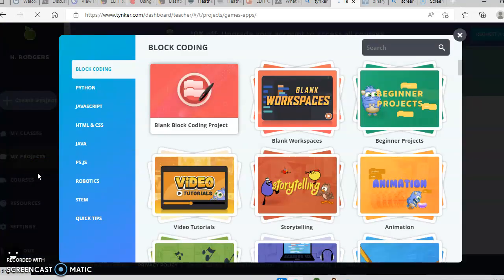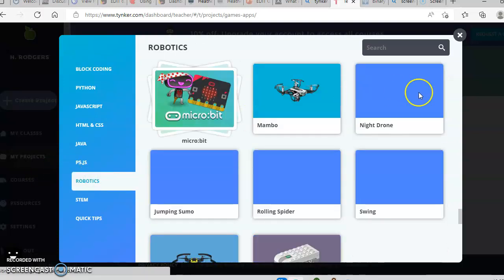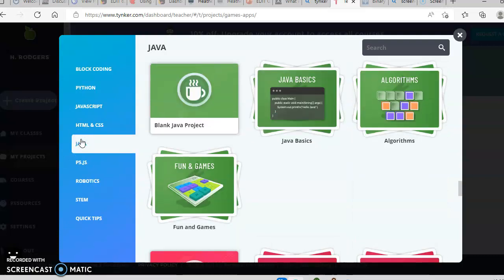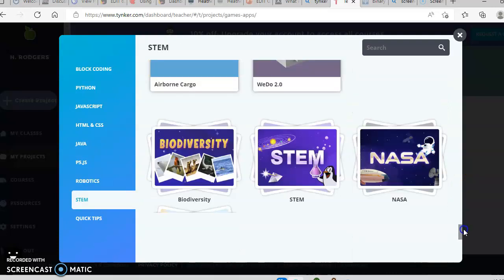But if you have someone that's interested in robotics, drones, or whatever, you can go there. If somebody's wanting to learn Java, you can use that. It has STEM activities,